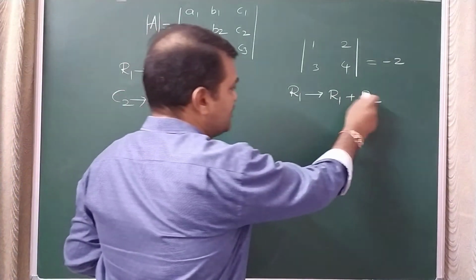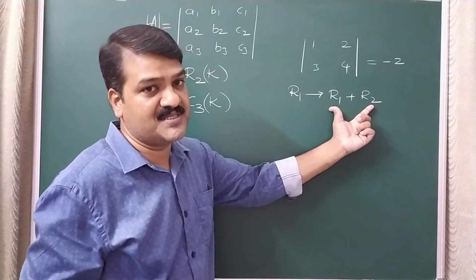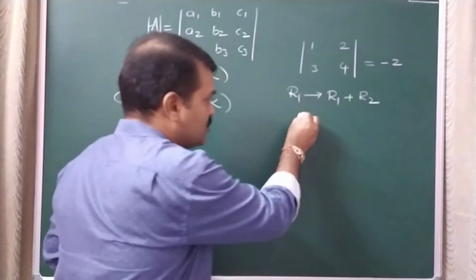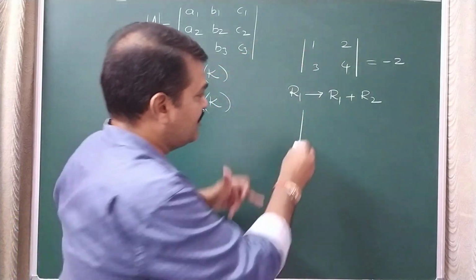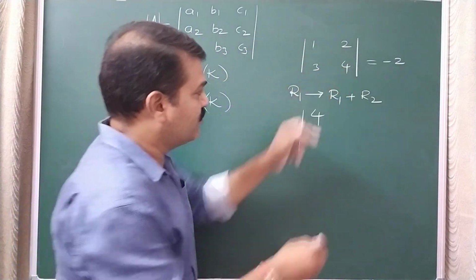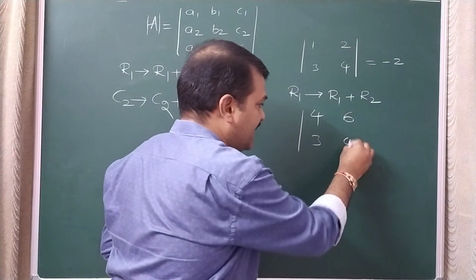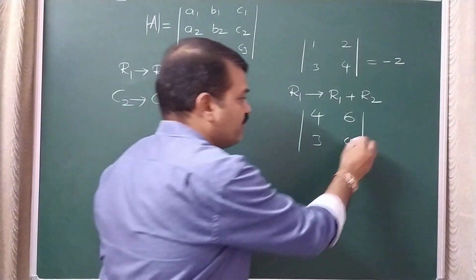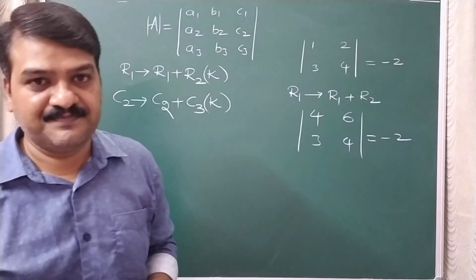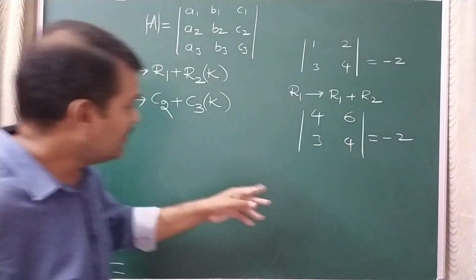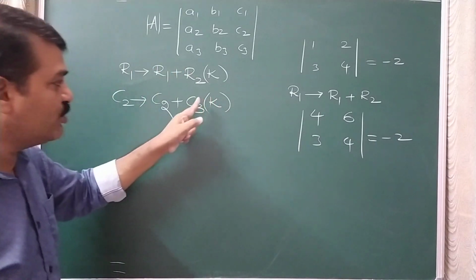So if you add two rows like this, see, R1 is replaced by this, means in place of R1 you have to put this. R2 does not change. So see carefully, R1 plus R2 means this row plus this row. Means 1 plus 3, I will write 4 here. 2 plus 4, I will write 6 here. Only R1 we will change. R2 will be kept as it is. Now you find the determinant. It is going to be 16 minus 18. The same minus 2 you are getting, see? Okay. So we can multiply a constant to a row and add to some other row. We can multiply a constant to a column and add to some other column.